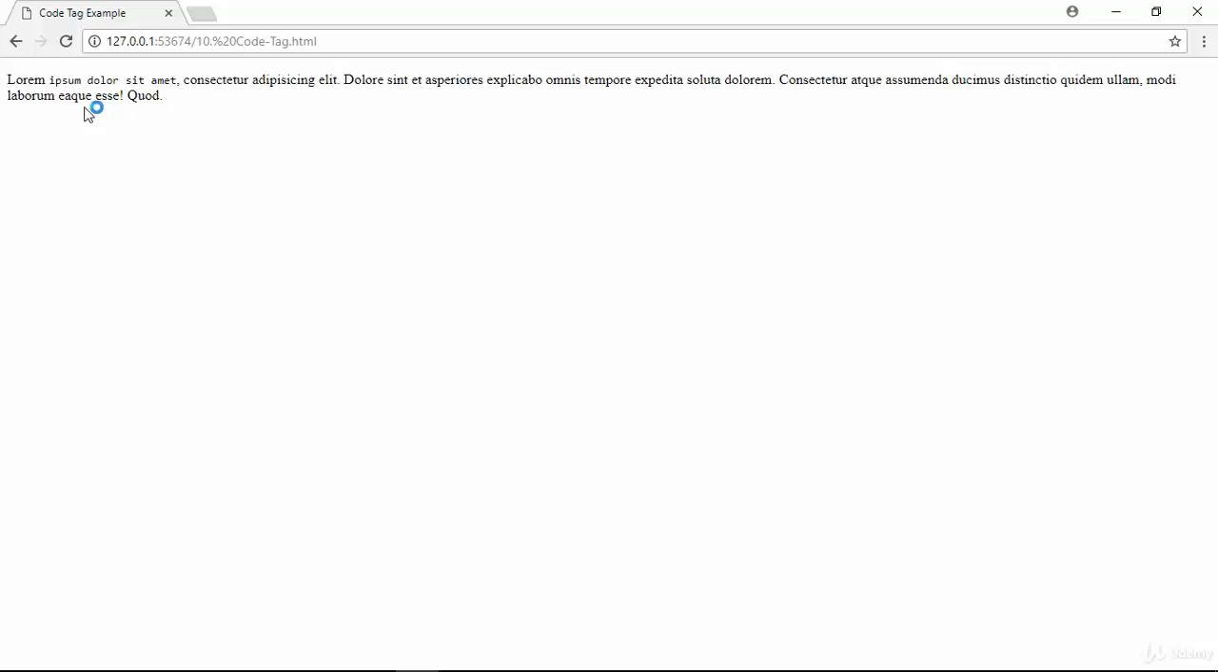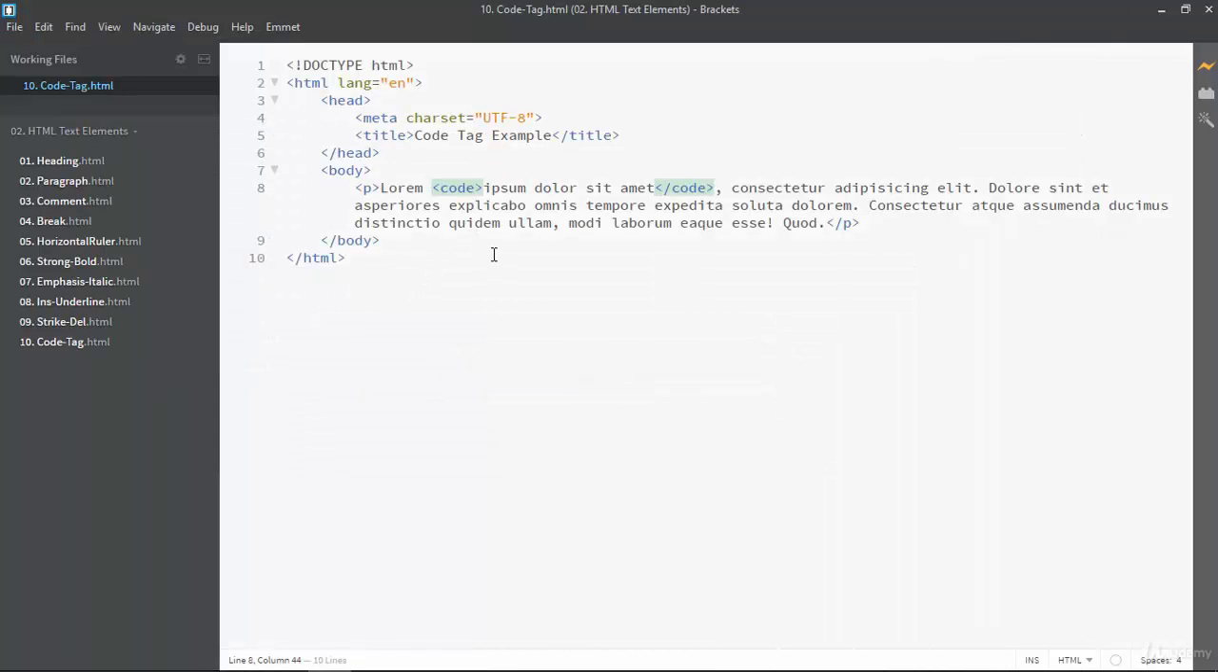Now as you can see here, except these words, the rest of the words are coming in normal text format, but these words are in different text format, that is monospace font face. So this is nothing but computerized programming font face. Now here